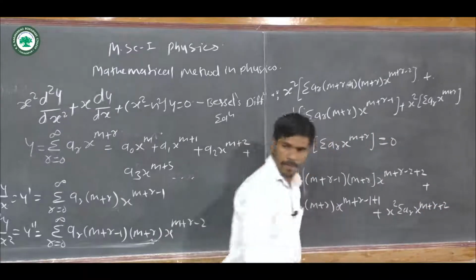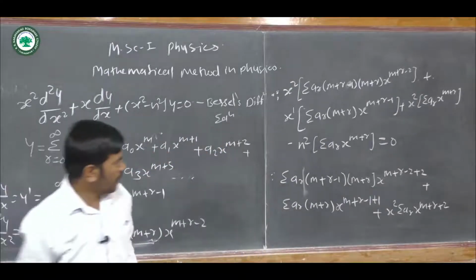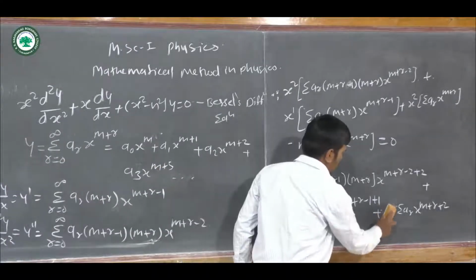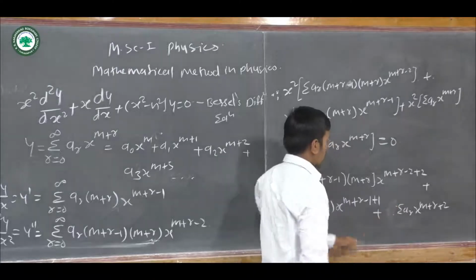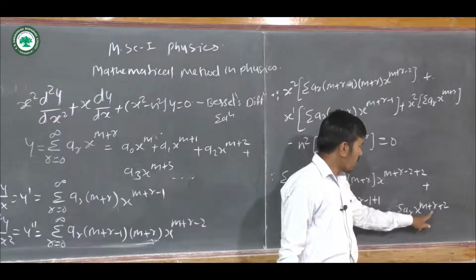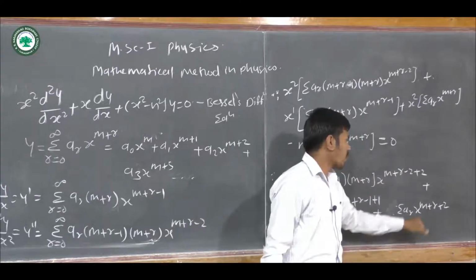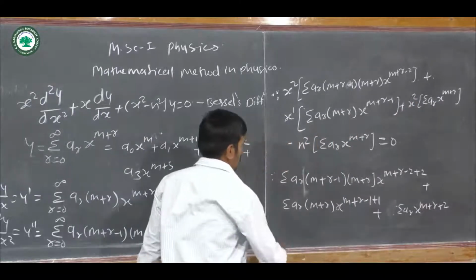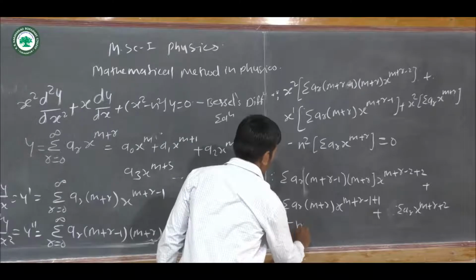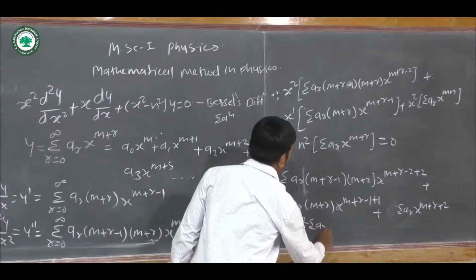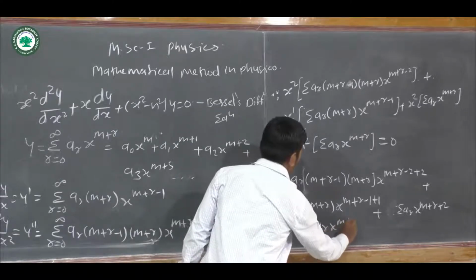Sorry. So summation a_r x^(m+r+2), here is x power 2, so it adds into this power of the x, and the last term, that is minus n squared summation a_r x^(m+r)